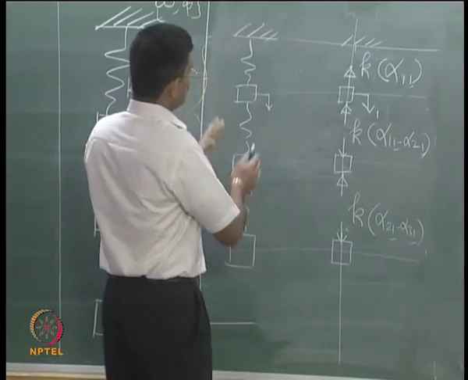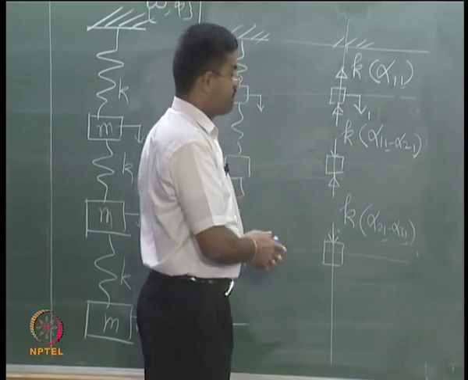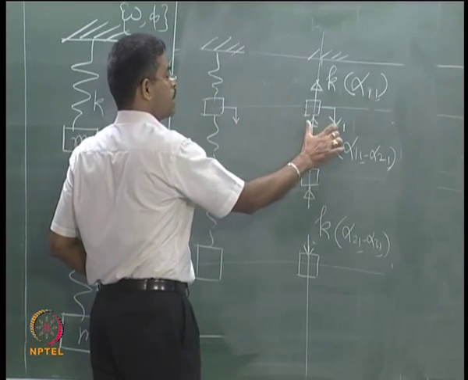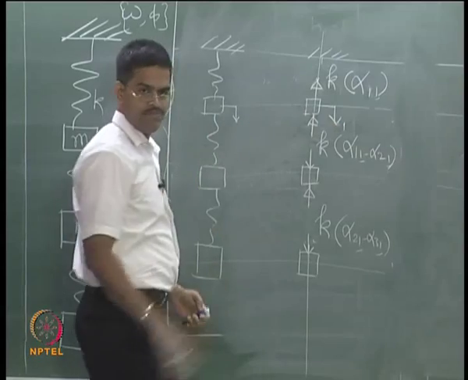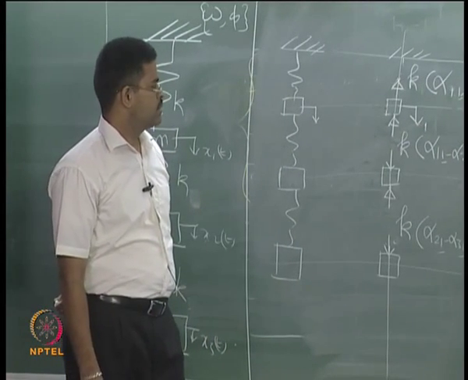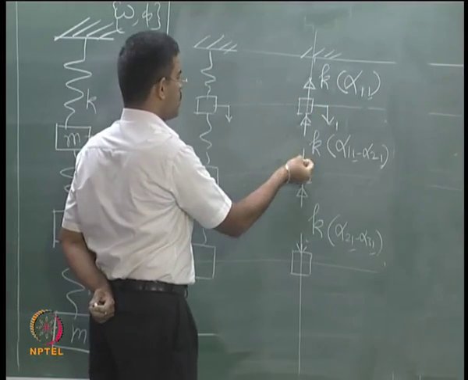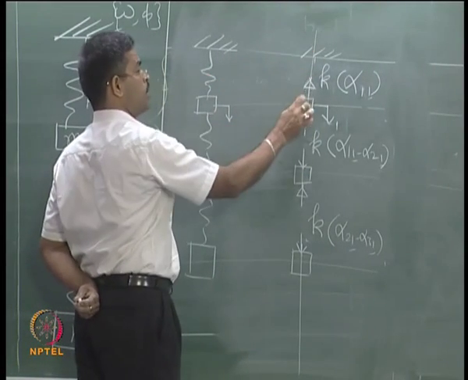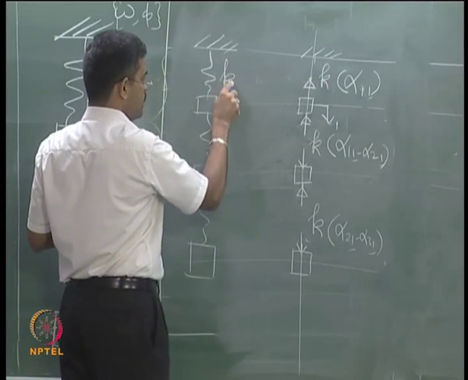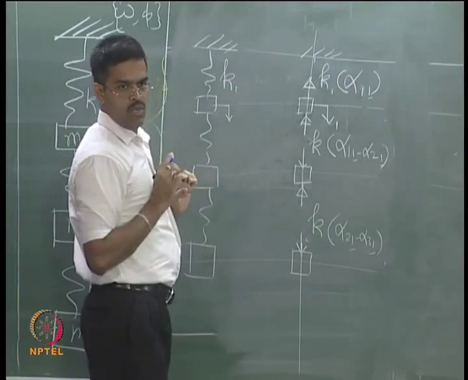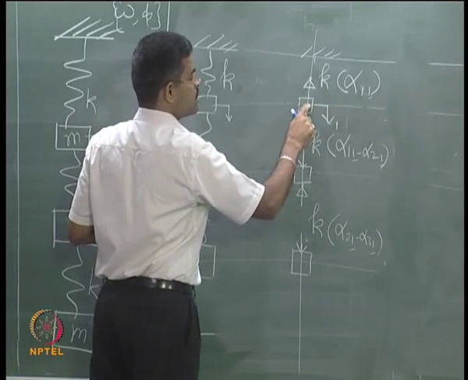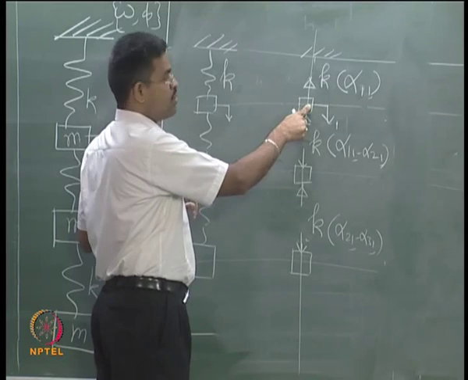So what I did is, I just replaced it with the free body diagram here, picked up this mass, gave the unit force here applied here as the first degree, and when I try to pull this mass down, this spring will try to push it up. So I have marked this arrow, and I say this is k. If I say, for example, this is k1, this will be k1, and alpha 1 1 is this displacement coefficient or the influence coefficient.